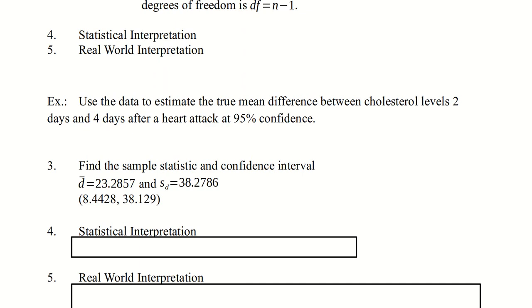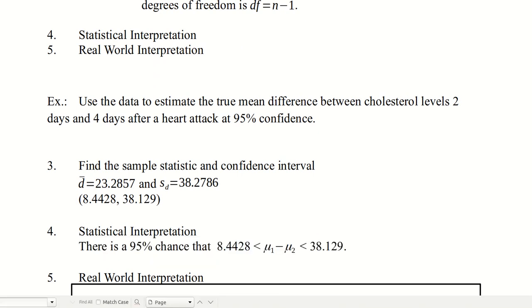And then new off of our calculator is the confidence interval, 8.4428 to 38.129. Now those numbers are positive, which means that the amount of cholesterol did indeed go down. It went down between 8.4 and 38.1 milligrams per deciliter. So the statistical interpretation is that there's a 95% chance that 8.4428 is less than the true population mean difference is less than